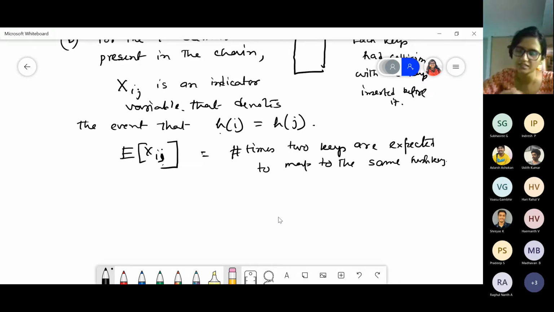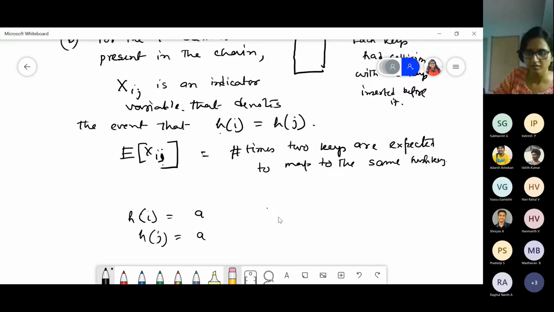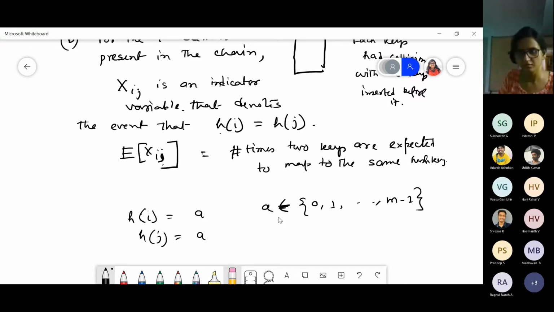So hi or hj, what will be the values? H of something will generate, say, hi equals a, and hj equals also a. Now this value of a can be what? Inside the set 0 to m minus 1, right? So what is the expectation that h of i and h of j are equal?